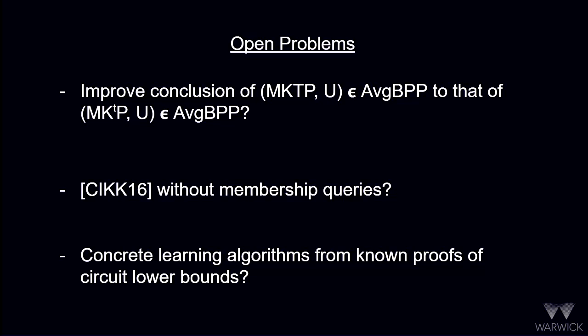Learning algorithms obviously are a desirable ultimate goal, but I think it's a clear disadvantage of our move to Kolmogorov complexity that things no longer fit so readily into the world of known circuit lower bounds. So I would just leave that as an open problem. Whether anything can be done seems a bit unclear, but I think it could definitely be worth looking into.